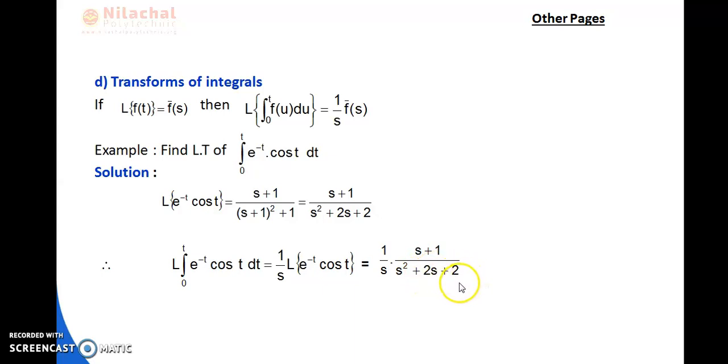That means the technique is, whenever you see one integration in your question, first of all you have to find Laplace of f of t and denote it as f bar s. Then the final result is f bar s by s for one integration, and f bar s by s square for two integrations. So these are the technique. So we have completed shifting property, linearity property, and multiplication by t.